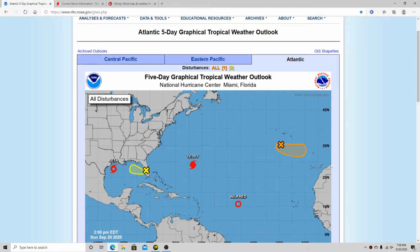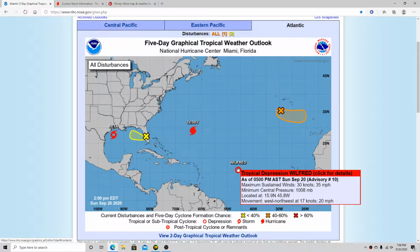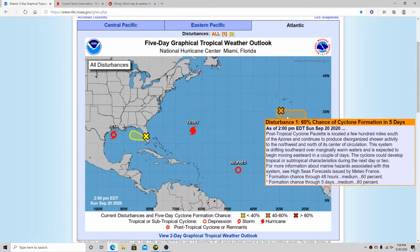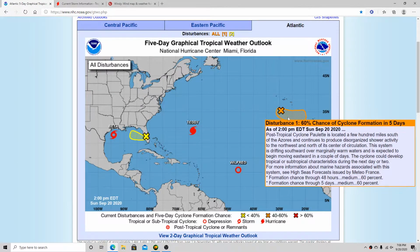Today we'll be taking a look into Tropical Storm Beta here. Take a quick glance at the tropics right now. Wilfred has died out to a tropical depression that is expected to die out to sea. You got the remains of Paulette, which has a 60% chance of developing in the next 48 hours and 5 days. Not going to be a threat to the United States, so we don't have to worry about that